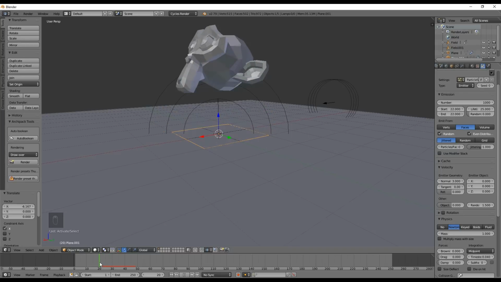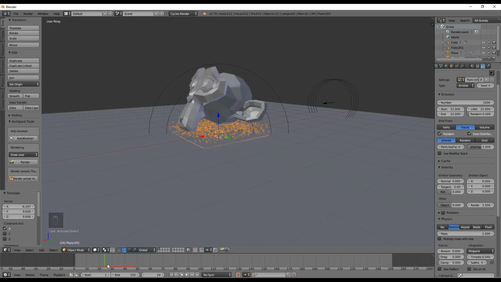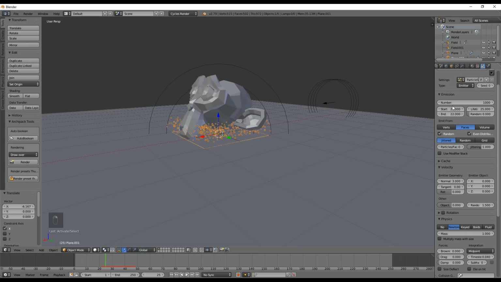So we need to resynchronize it. I don't know why it does change, but it's like 25 now. 25. Now, if we play the simulation again,